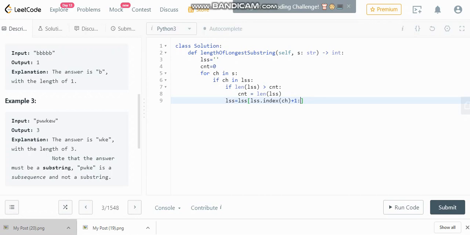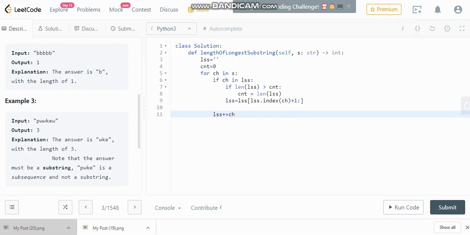With the help of this line, I will be able to slide the window to the last substring and last length of substring. And with this line, for every iteration, whether it is repeating or not, we need to do this: longest substring plus equal to the new character. Because we are concatenating the character every time, whether we are sliding the window or not, both of the time we are just concatenating the character.